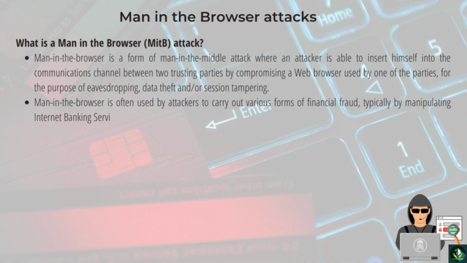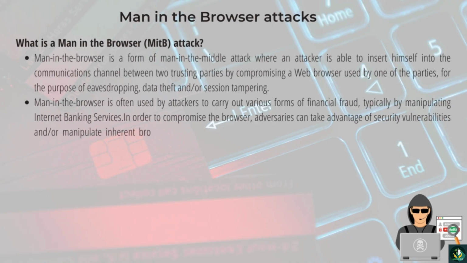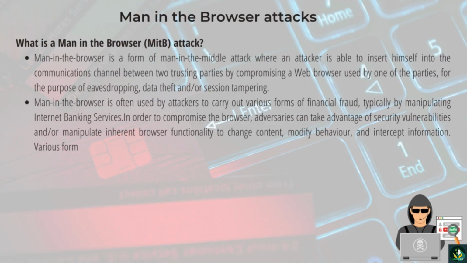manipulating Internet banking services. In order to compromise the browser, adversaries can take advantage of security vulnerabilities and/or manipulate inherent browser functionality to change content, modify behavior, and intercept information. Various forms of malware, most typically malware referred to as a Trojan horse, can be used to carry out this